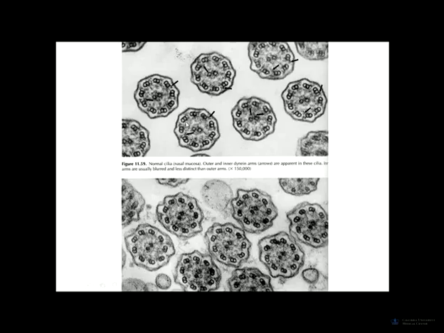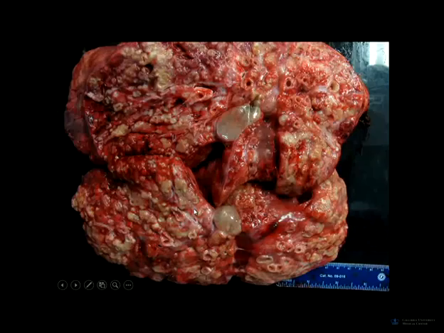Okay? And so I showed you this image in the first lecture to show you the immotile cilia, which is the result of loss of the dynein protein in a subset of cases. Here's an example of lungs that were explanted in a patient with cystic fibrosis. Every one of these,